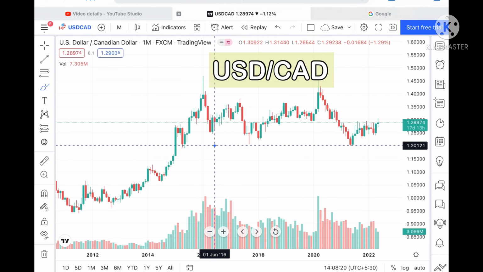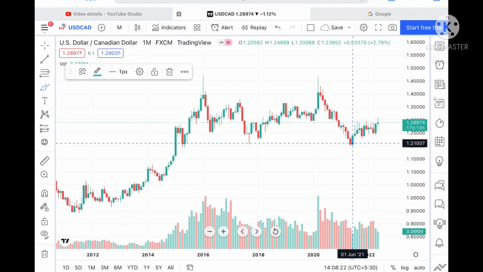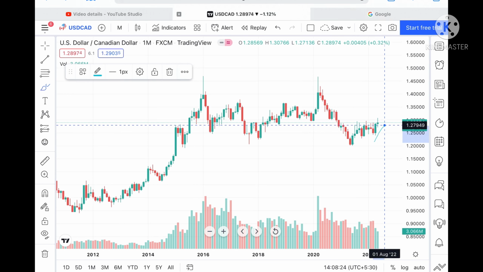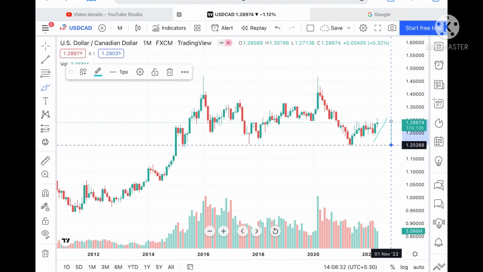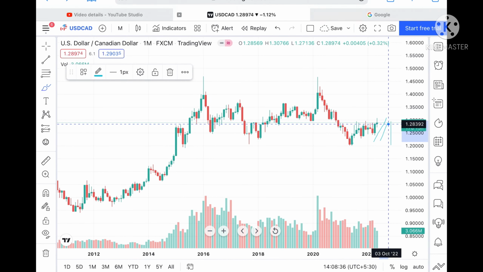Okay, so if you look at this particular range from June 21, the high of that range was 903, and now it is trading at around 1.28974. Suppose this particular level didn't sustain, then we can see it can move down to a level of 1.28392,